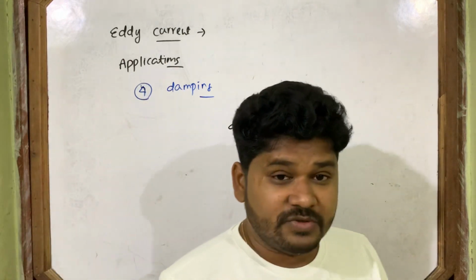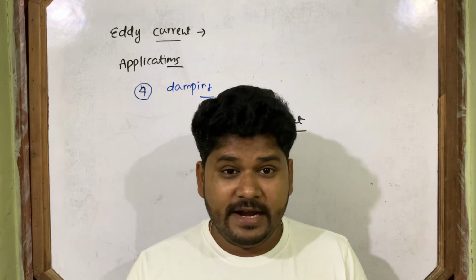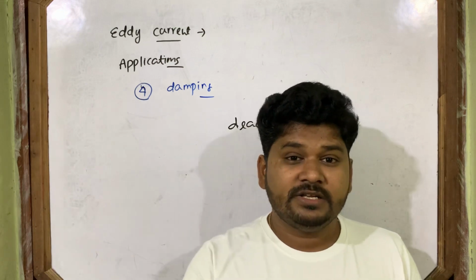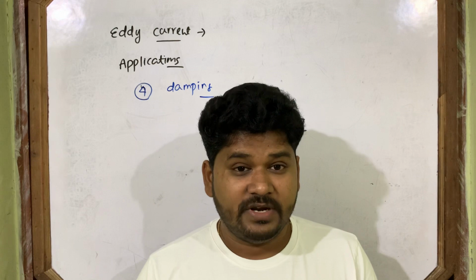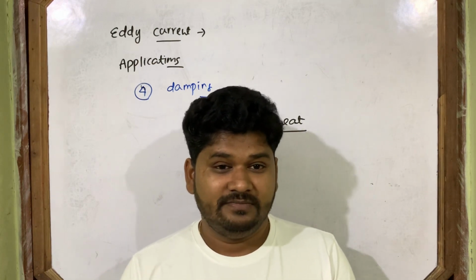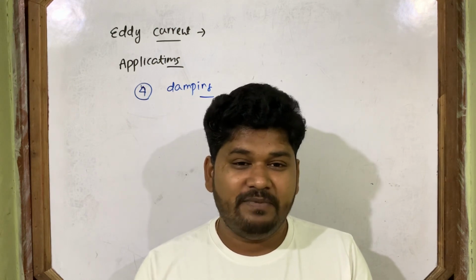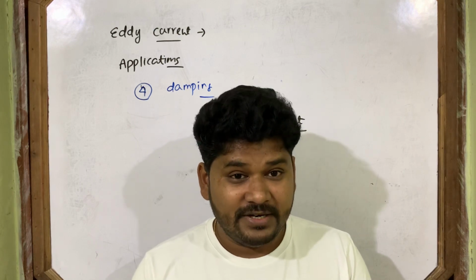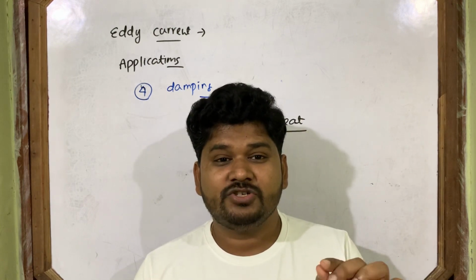If a question comes in the exam, why is a galvanometer called deadbeat type? Because when current is off in the circuit, the pointer immediately returns to 0. That's why it is called deadbeat type. But why does it return to 0 immediately? When the current in the circuit is off, there is no deflecting torque. But as the coil rotates, eddy current forms in the soft iron core.